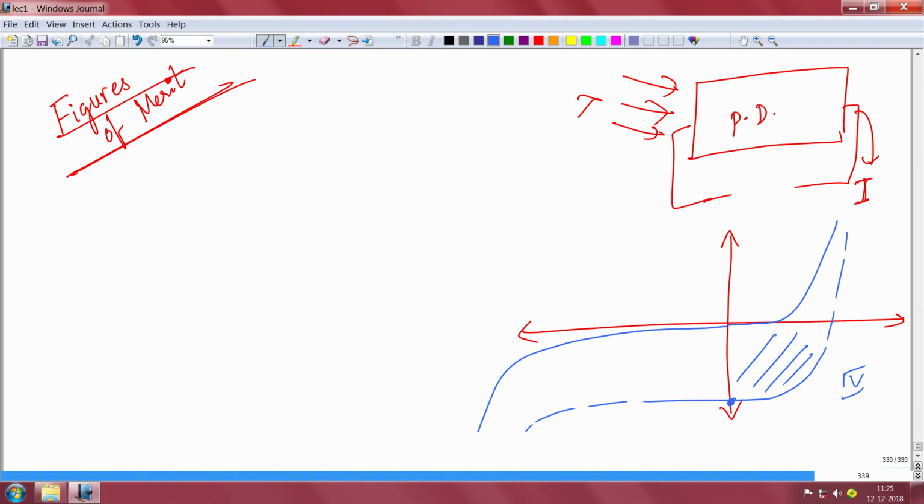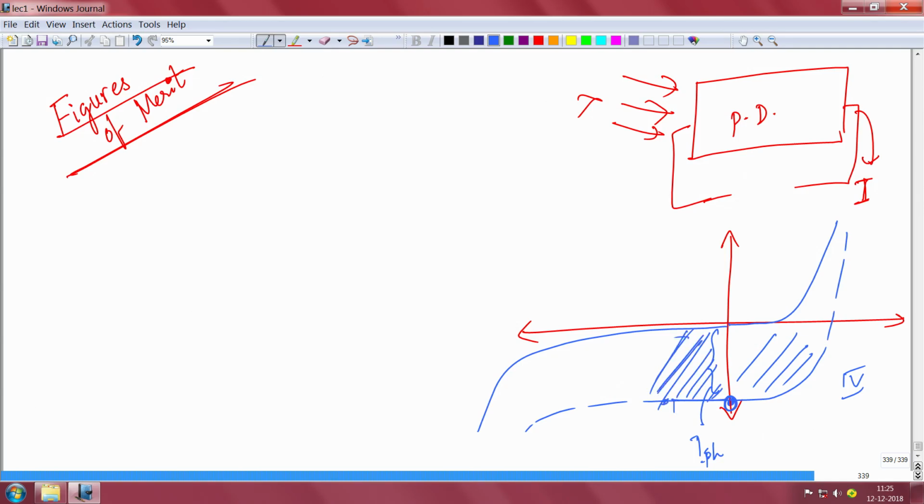At this point, of course, you have no voltage applied, but you have a good amount of current, which we call photo current or short circuit current. Here we will call it photo current only. A photo detector like a PN junction can be operated at this point, or it can be slightly operated in this regime also. Slightly you apply negative bias, maybe -2 volt, -5 volt.